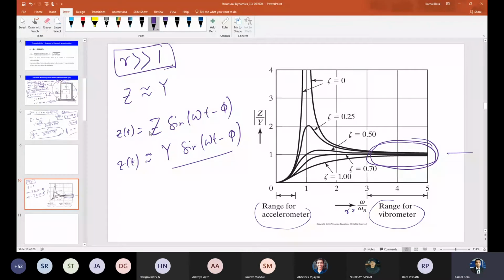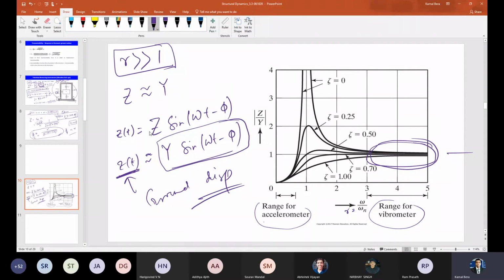You see, you have measured this response, the relative displacement of the mass. What is on the right hand side? Y sine omega t, forgetting about phi. So this is the ground motion. That means by measuring this, we are actually measuring the ground displacement, with some phase shift. Since it is a single harmonic component, there will not be a problem. If there are many harmonic components, then the phase difference will be a problem.